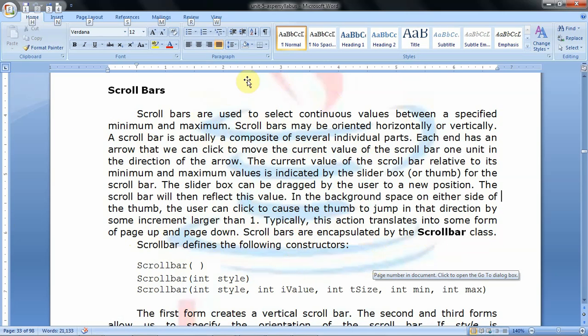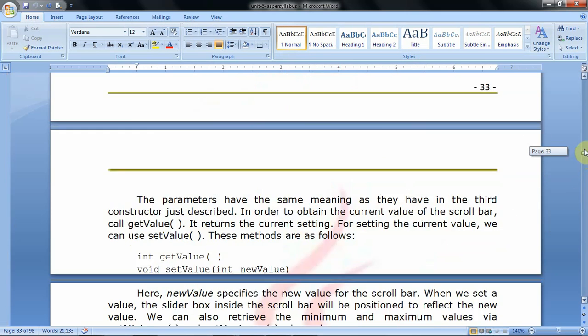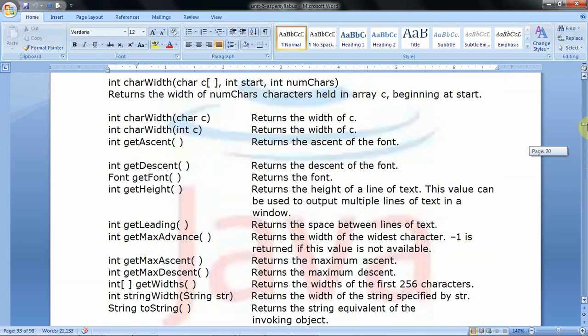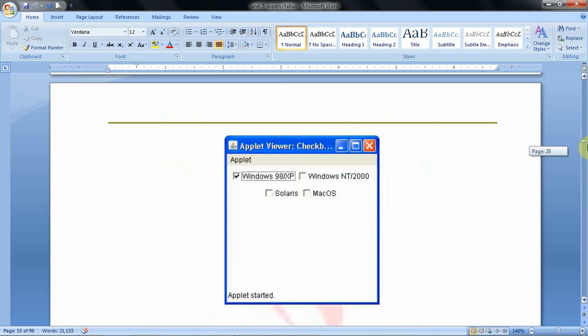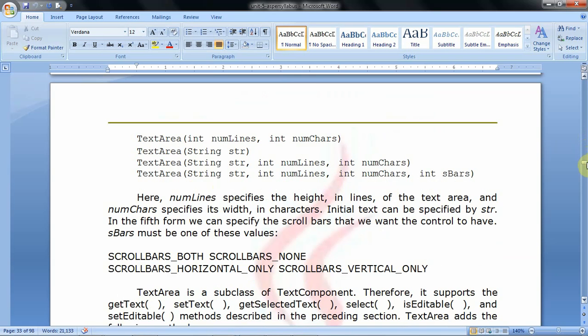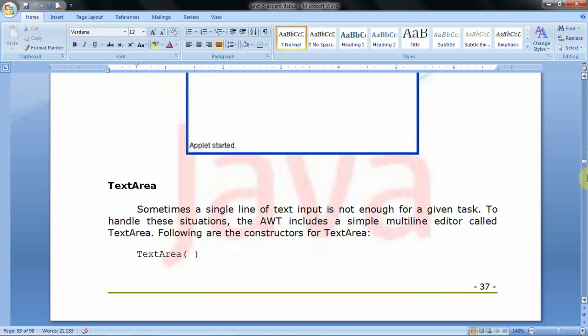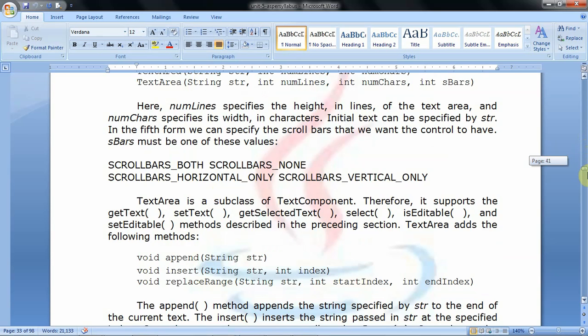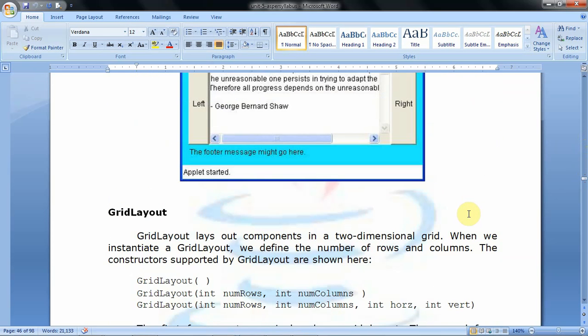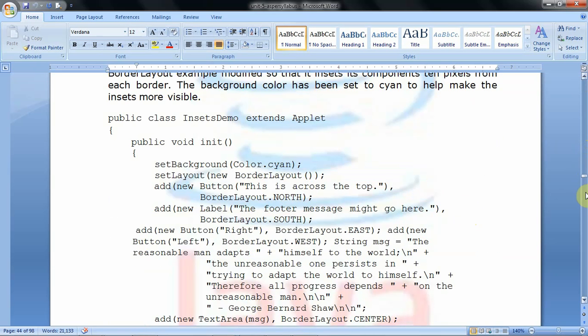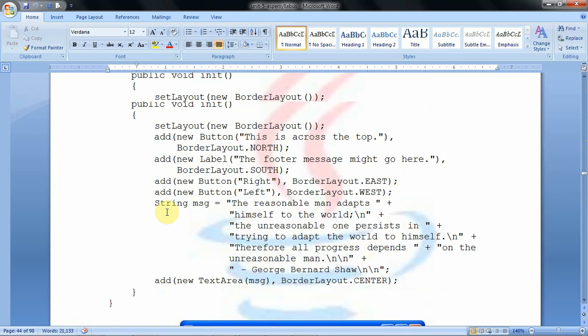So in this Word document window, this is the scroll bar. This scroll bar may be aligned either vertically or horizontally. So this is the vertical scroll bar. Then at the bottom, a horizontal scroll bar is also placed.